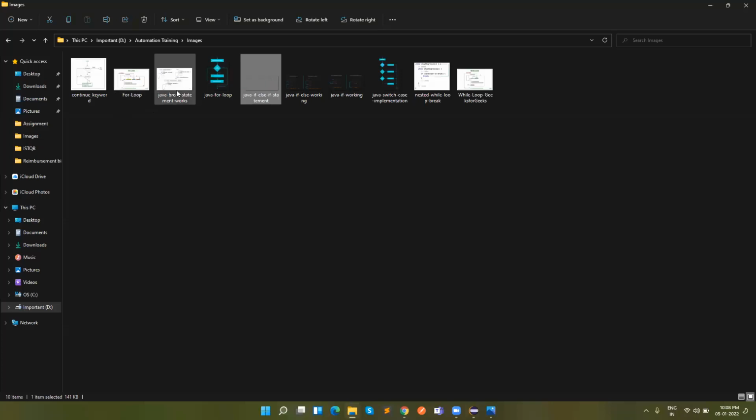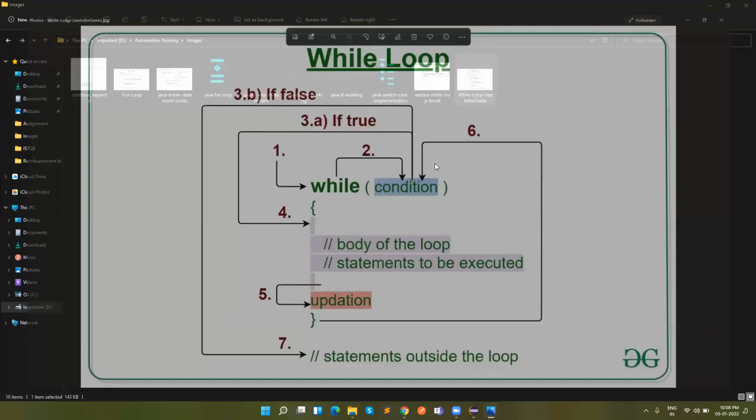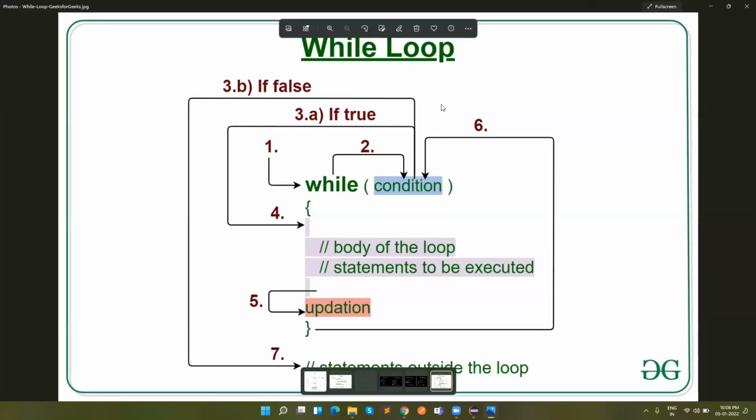Okay, this is what happens in the while loop generally, right? First, while, if the condition is matched, then it goes inside.